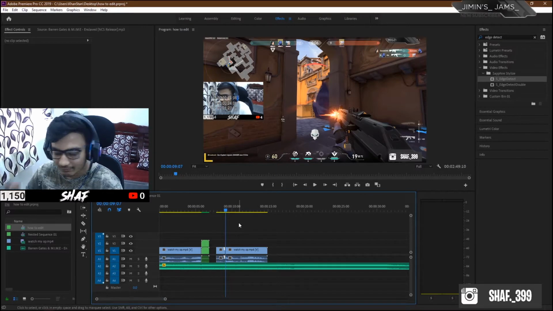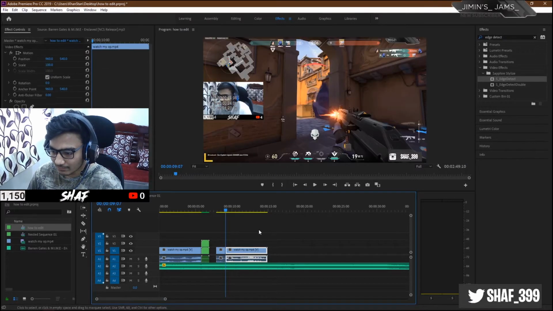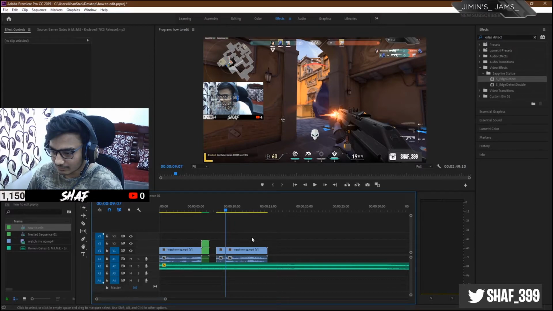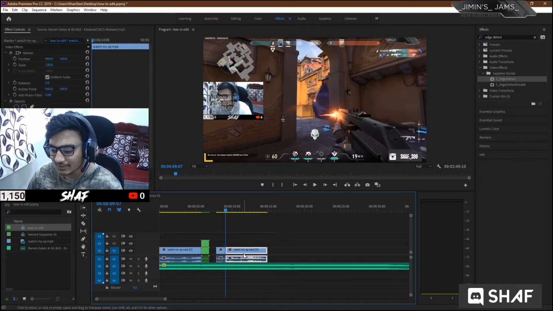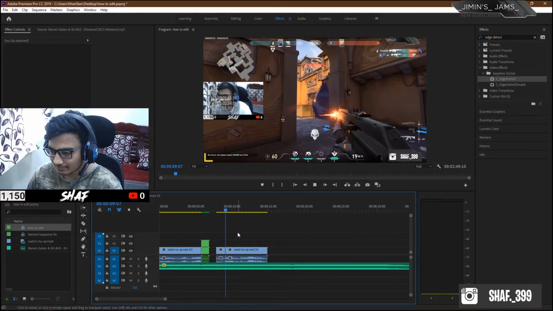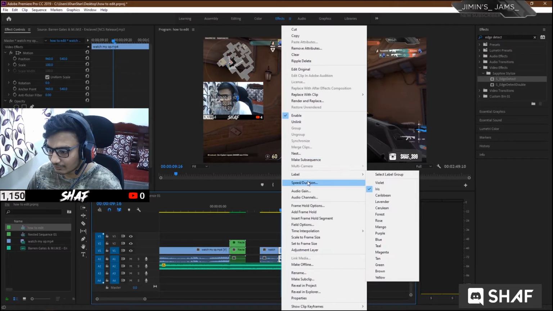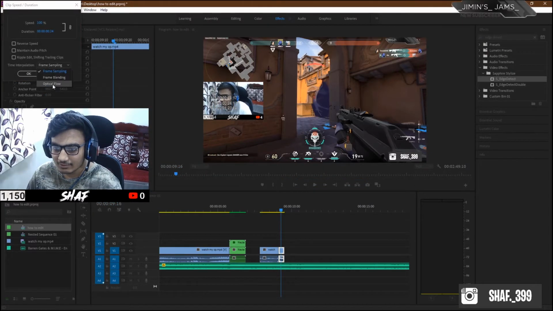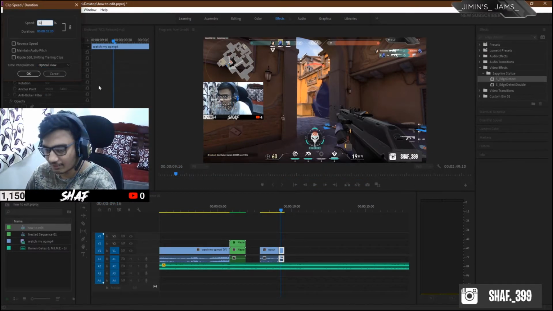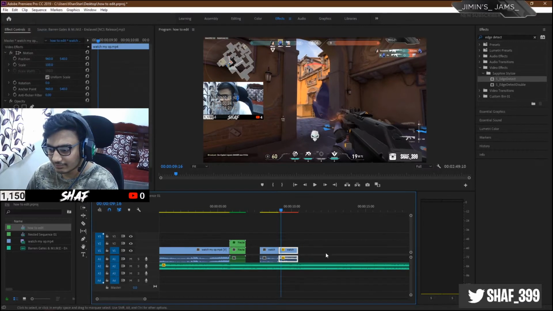If you're adding an effect, make sure to make your clip slower. Make your clip speed slower if you're adding an effect like Ecto or edge detect. Make it bigger, and select this like I have showed you before: speed, duration, optical flow, and do this around 30 or 40.